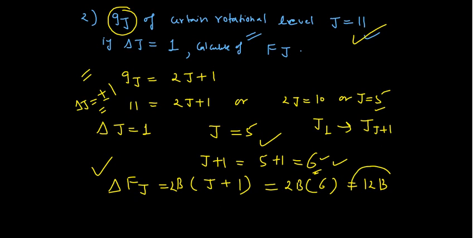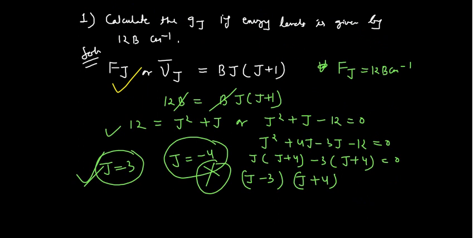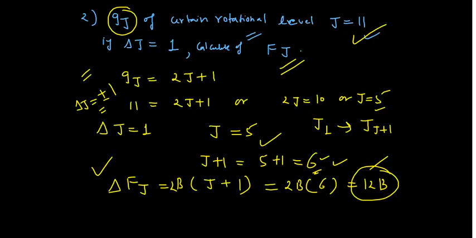So the energy of the transition in that case is 12B. While in the previous question this 12B was already given to you, in this particular numerical you have calculated this 12B. So this is how you can solve a variety of problems based on this. Degeneracy is given in that case. This is how you can solve the problem. So this is the concept of degeneracy, which is very, very important for you guys.